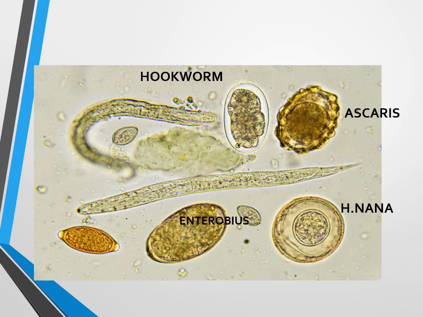Then this small one, not the big one, you can see is plano-convex in shape, and inside that there is a coiled larva. This is Enterobius vermicularis. It is also non-bile stained. Then this one is Trichuris trichiura. It is bile stained, and there is a mucus plug. You can identify a single point at both the pole ends; there is the mucus plug of Trichuris trichiura.